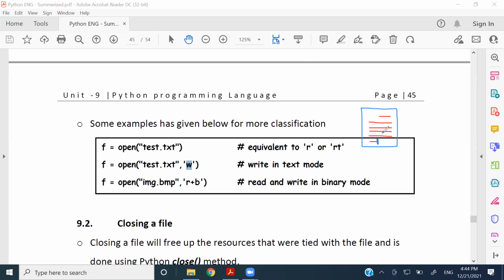All right. So then the final one, the exclusive creation. If we use X instead of W over here, if there is a file which has the same name, it's going to give you an error, because exclusive creation means they are creating a